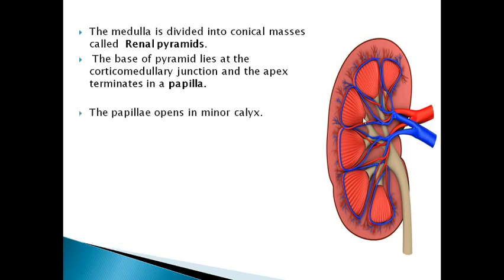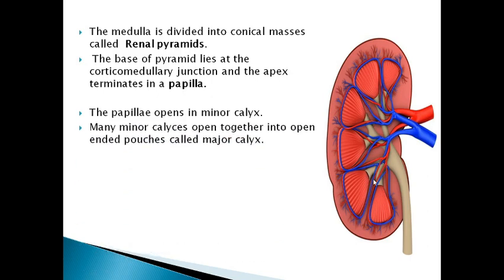This papilla is opening into small spaces which are referred to as the minor calyx. Now, these minor calyces join together and open into a still further larger unit which is known as a major calyx. 2 to 3 major calyces